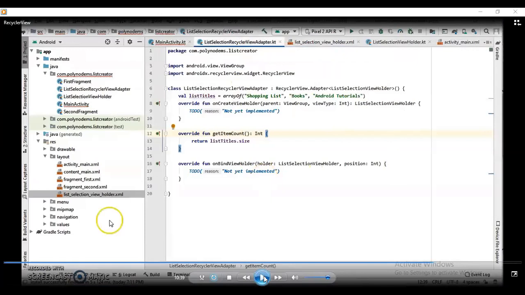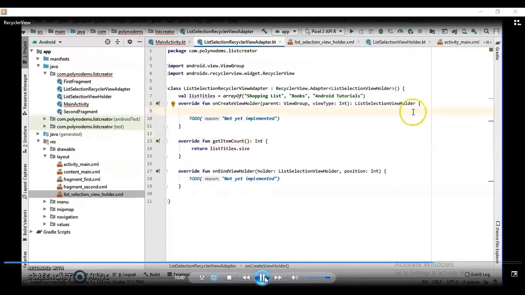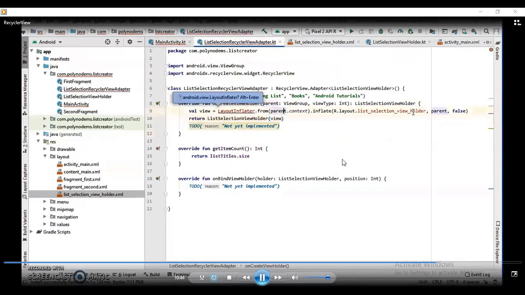Now it is time to write a few more lines of code inside our class, that is list selection recycler view adapter that we had created, right? So here, I have declared a layout inflator from whatever layout is there. It will be creating that view holder, and it will be displaying the list selection view holder.